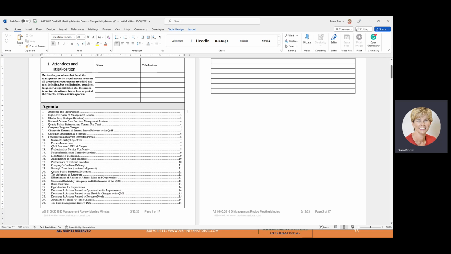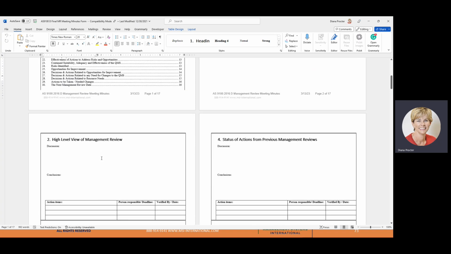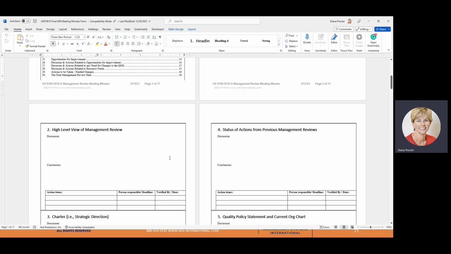What's really nice about this is that we've broken out every one of these topics into a section. We highly recommend that you have an unbiased person taking the minutes, or we also are recording, so it's easy enough to do a transcription as well. So what was the discussion, the conclusion, as well as the action items that came out of that,